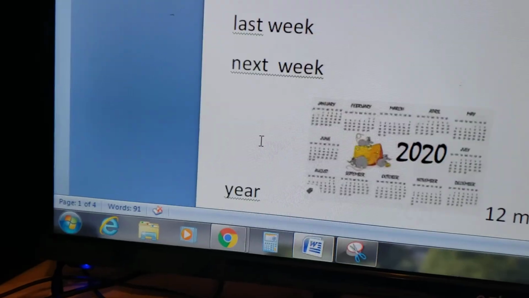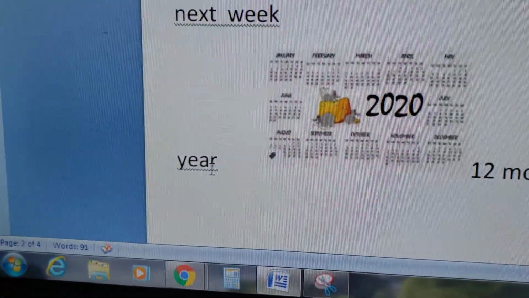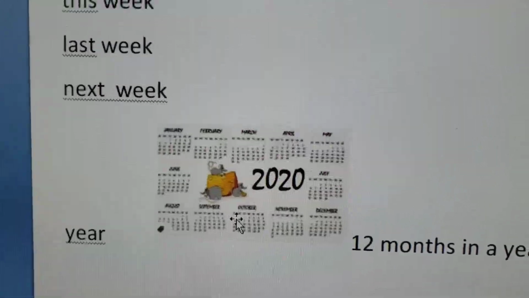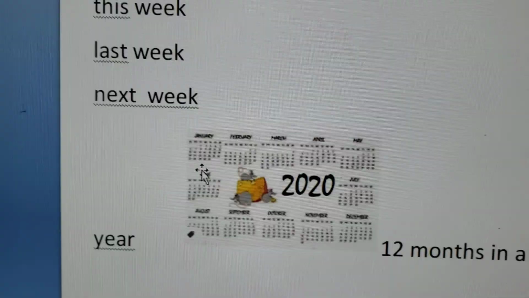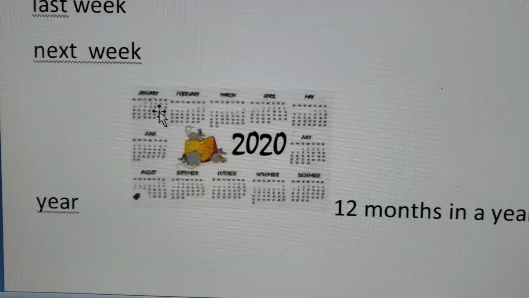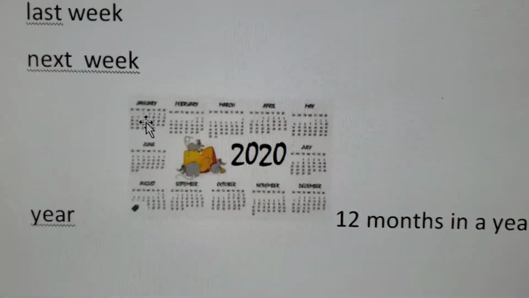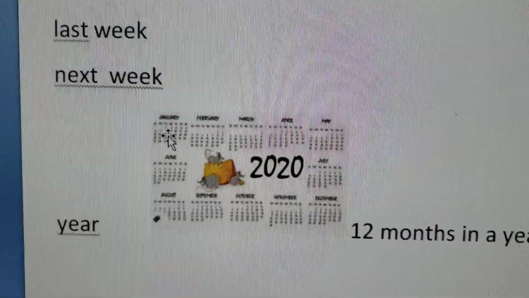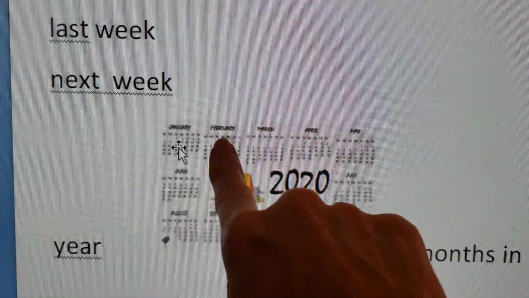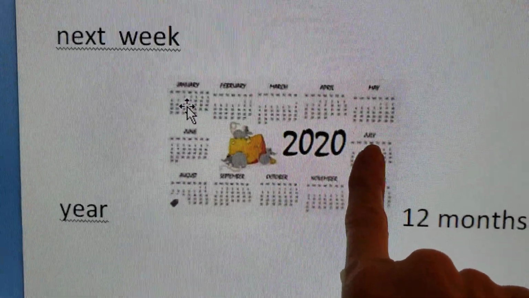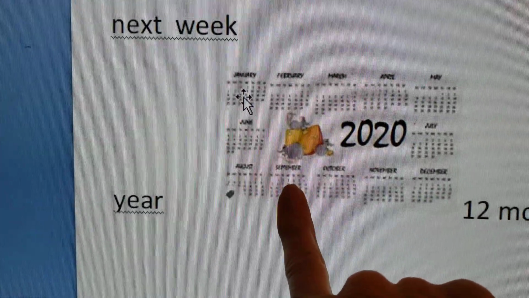So then we go to the word year. And here's a calendar for the year 2020. That's our year this year. And it's hard to see, but we know these months because we sing this in class. So you can go ahead and sing along with me. We've got January, February, March, April, May, June, July, August, September, October,